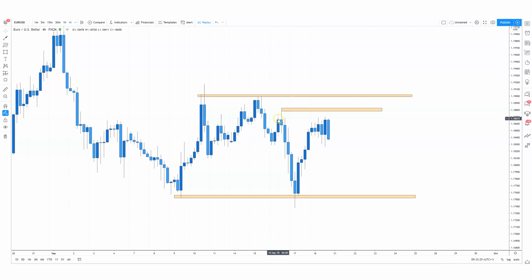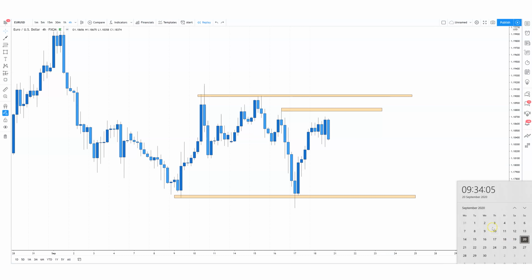Now, usually what you will find is if the market is ranging and bouncing from the ceiling to floor, or whatever you want to call it, high and low, usually you will see a completion of this move from the low back to the high. And as you can see here, this was the previous day's high on the 16th, which was Wednesday. It was unable to break that, and it did attempt to push to the upside on this day quite a few times and actually failed to do so. After the market decided to close out on Friday, which was the 18th,